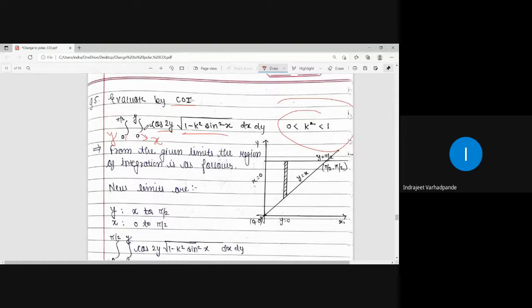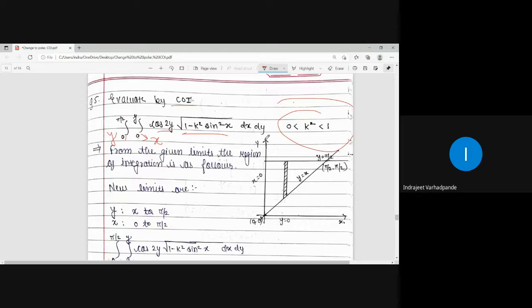Now you will say that, sir, here pi by 2 means is there theta involved? No, you take the value of pi as 3.14, 3.14 divided by 2, whatever the value is, it is a constant quantity. So y is equal to pi by 2 can be a line which is parallel to x-axis and intersecting y-axis. Accordingly, I can get the coordinate there as 0, pi by 2. So y is equal to pi by 2, if it is a line in Cartesian, then it will be parallel to the x-axis. It is not necessary that it is to be calculated in the form of theta. So not to get confused, only concentrate on the region.